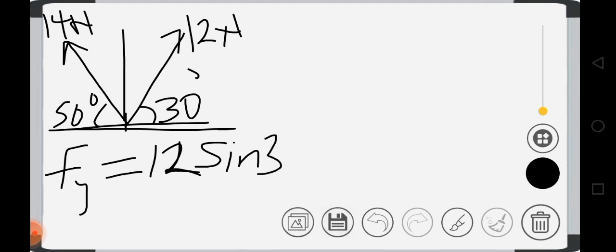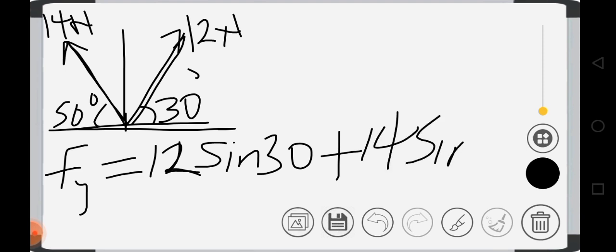Then plus, both of them are going to the upper side, so both will be positive, 14 sine 50. We have 16.72. So let's just call it 16.7